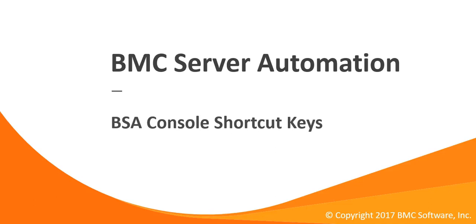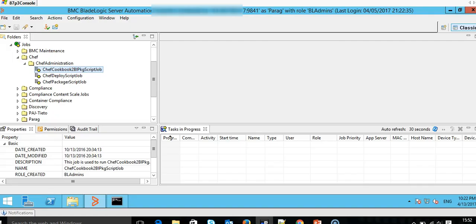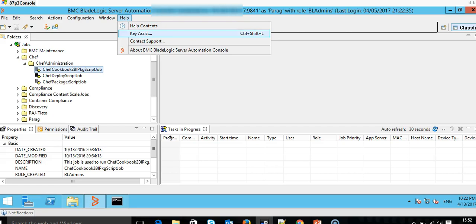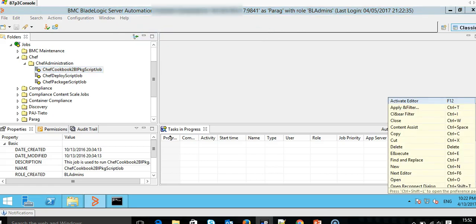Hello folks, in this video we are going to discuss the shortcut keys, also known as key assist, for seamless browsing of the Server Automation Console. I have a Server Automation Console open right in front of me, and to find out the key assist, or the shortcut keys, you just need to simply click on Help and the second topic from top, Key Assist, and